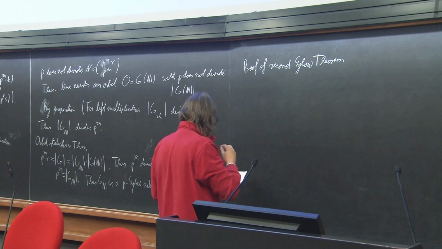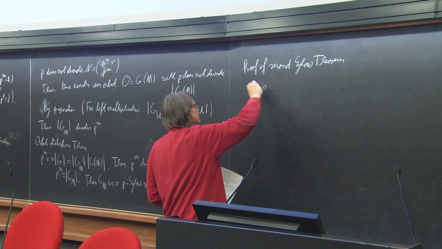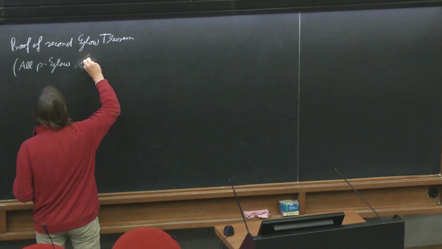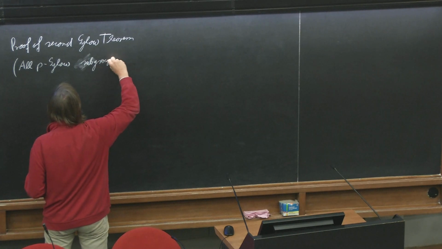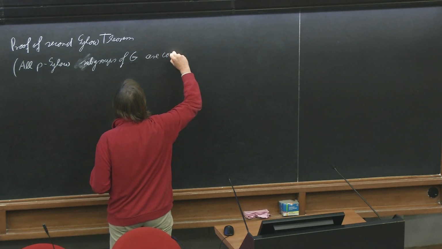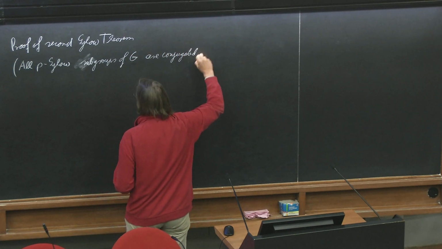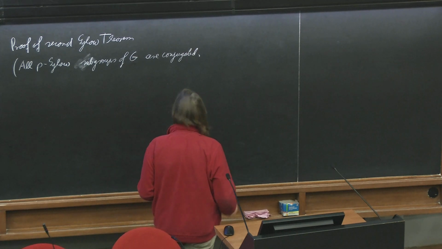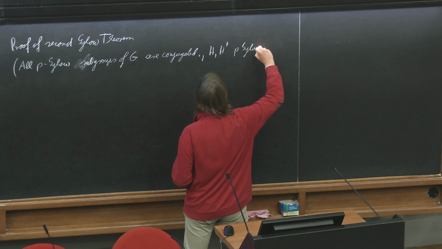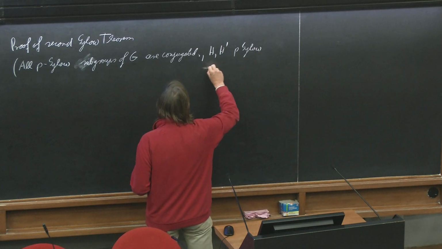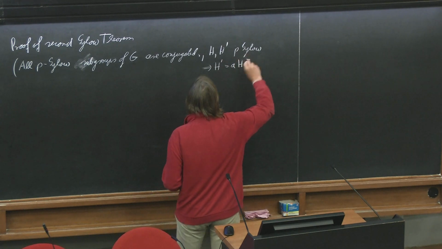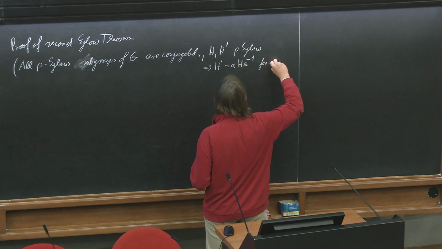So the statement here was that all p-Sylow subgroups of G are conjugate. That means if H and H prime are p-Sylow subgroups, then it follows that I can write H prime equal to A H A to the minus 1 for some A